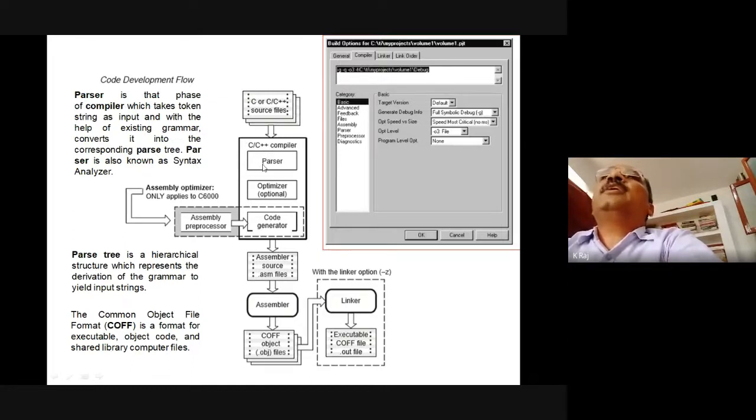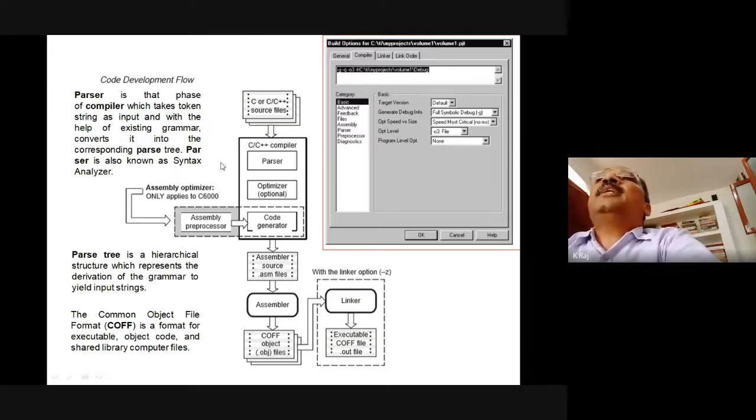First is the parser. The parser is that phase of the compiler which takes a token string as input, and with the help of the existing grammar, converts the code into the corresponding parse tree. The parser is also known as the syntax analyzer.